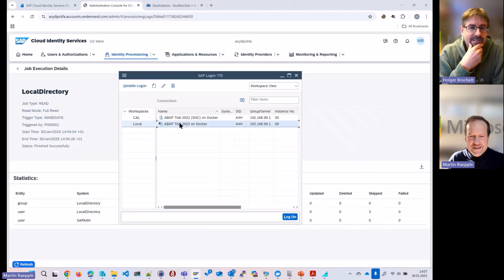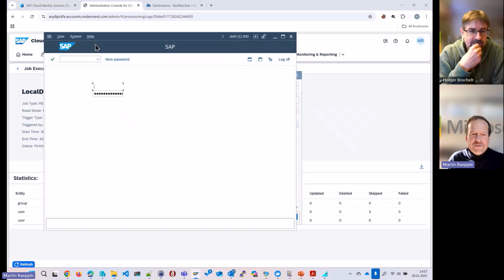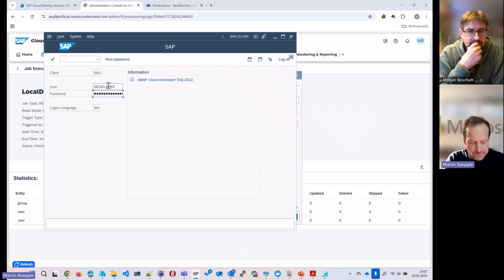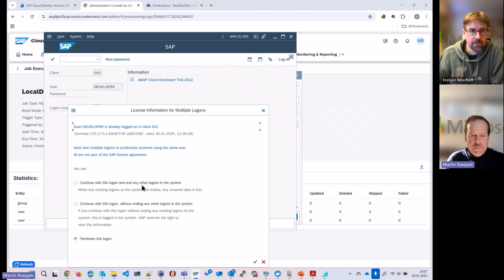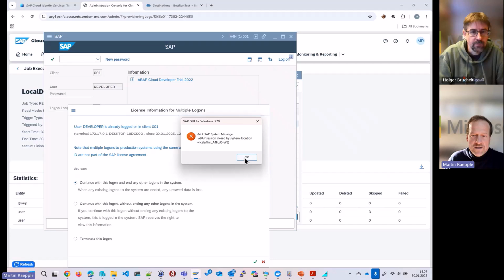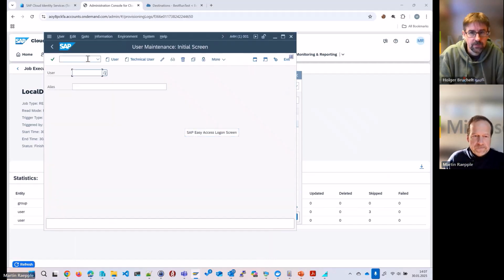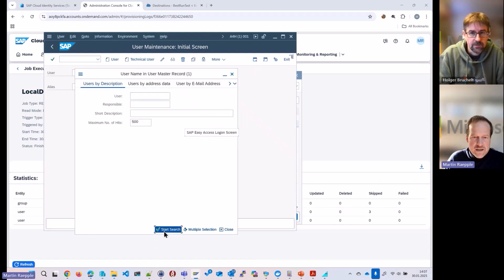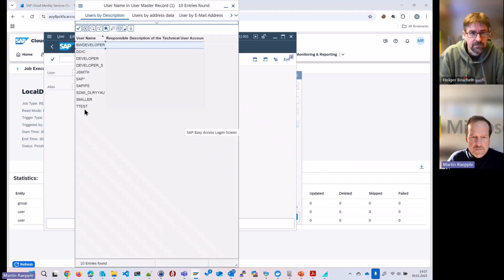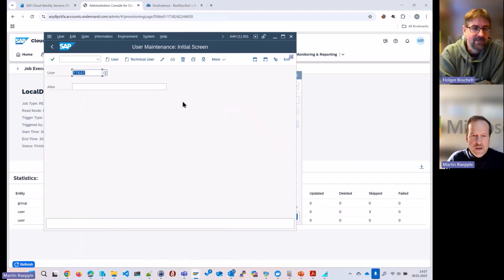backend SAP system. Exactly. Okay, let's go again as a developer here, who has all the power that is needed. Let's do that. All right, SU01. So let's see if we have user TINA test in the list. Et voila, TINA test. Nice. So, can you take a closer look, and can we check the SNC parameters?